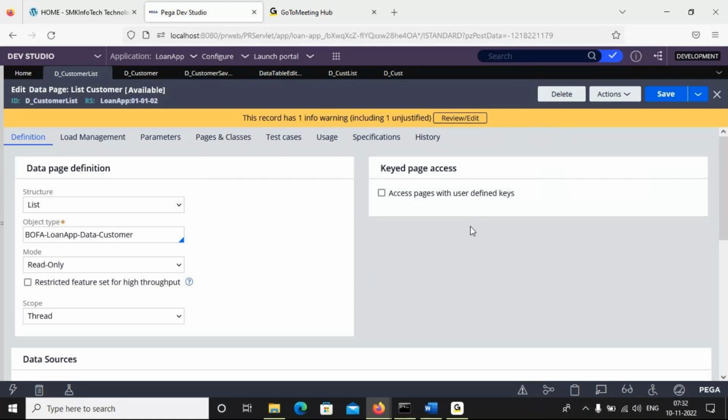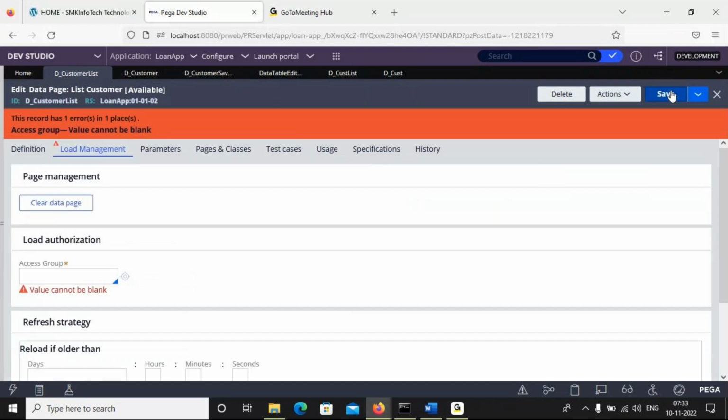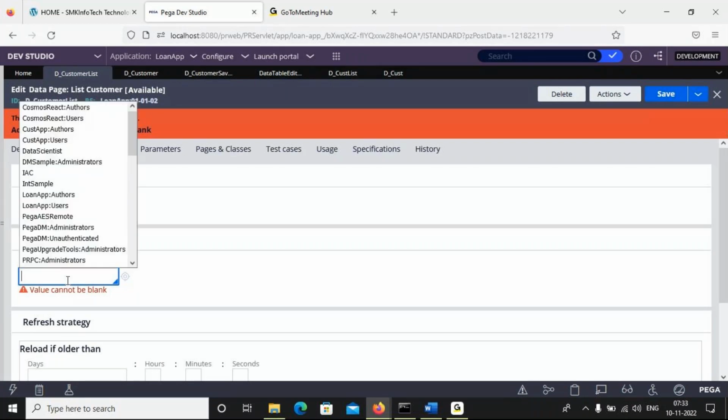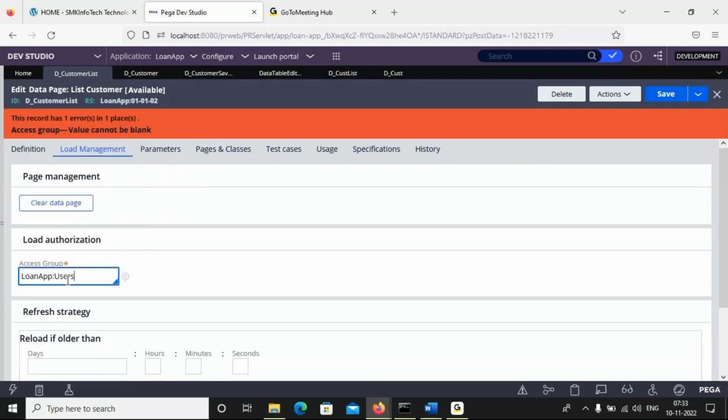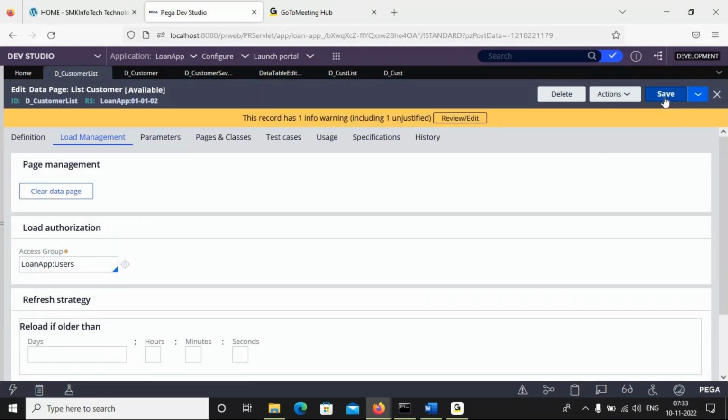This is the load management tab, very important. If you choose node, don't forget, if you try to save it, it will throw an error. Why? Because for the node level, we need to give the access group name. For which group do I want to share the data? Users or managers, or any other groups? You need to define the access group name. Access group is mandatory.